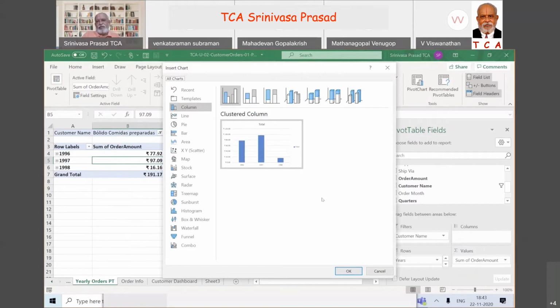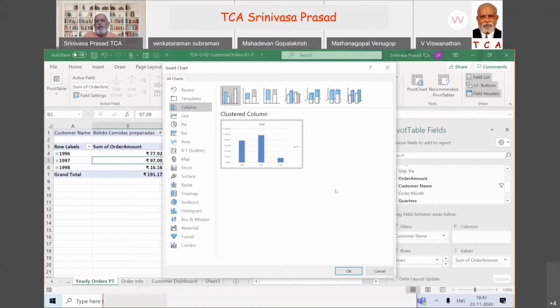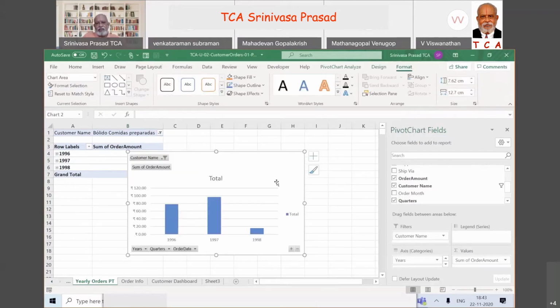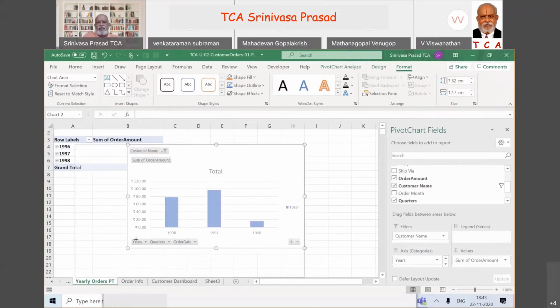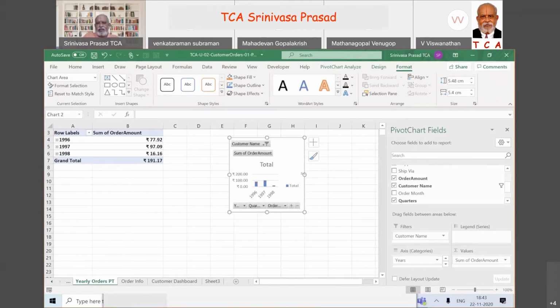Now our project is for a column chart. If you want a bar chart, it will come like this. A pie chart will also come, but we thought we will do this column chart. So I am just taking one example. As you do your own examples, your own actuals, we can create n number of charts. Now I close it. The chart is made, and the chart is slightly bigger, so I resize it. The chart can be resized. I think you all know these things already, so let me not get into that aspect.